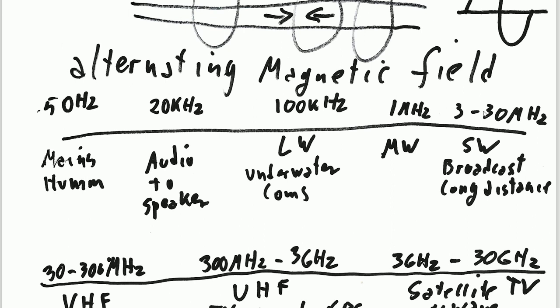Okay, then we've got 3 to 30 megahertz, which is considered to be the shortwave band, and there's broadcasting in there, and you can still find it, and there's also long distance communication. Before the advent of the internet, this band was guarded like crazy. That was so important for